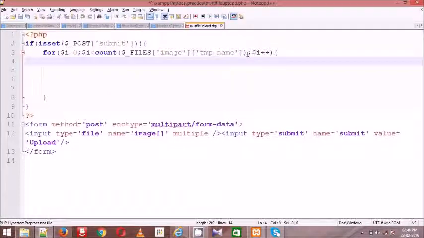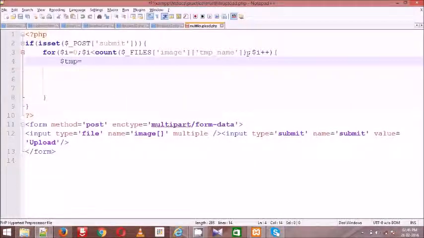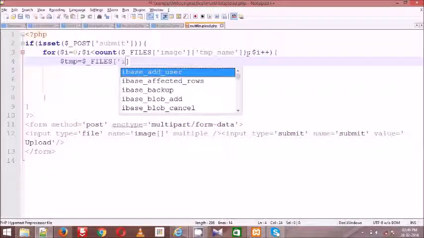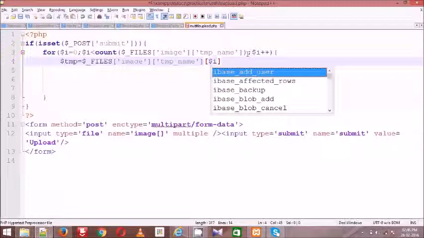So first get the temporary location of the file again. $temp = $_FILES['image']['tmp_name'][$i].